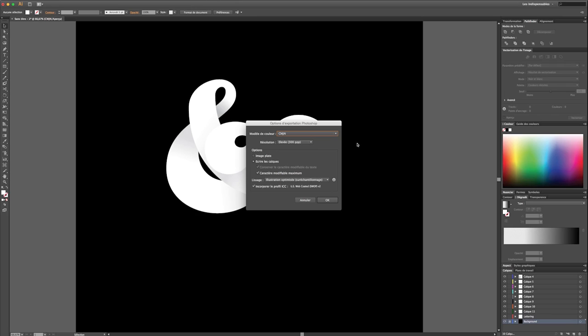So here Illustrator will ask for the color mode, so I will stay with CMYK because this is mandatory if I want to keep the Write Layers option checked. If I go on RGB, I can't keep layers, so I will stick with CMYK,